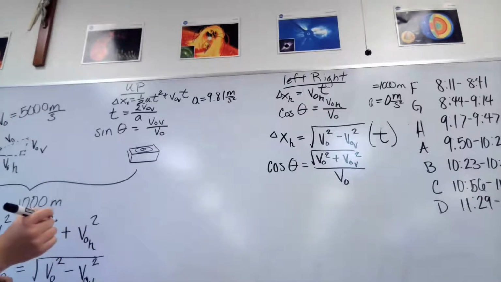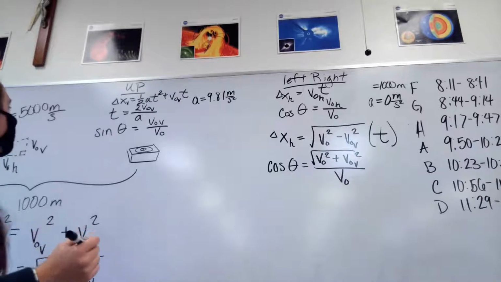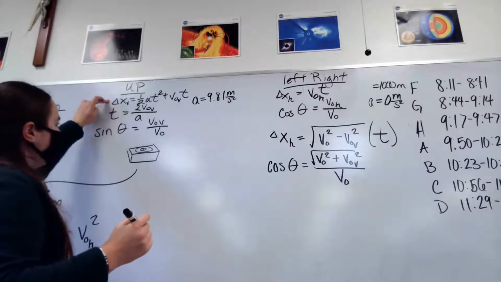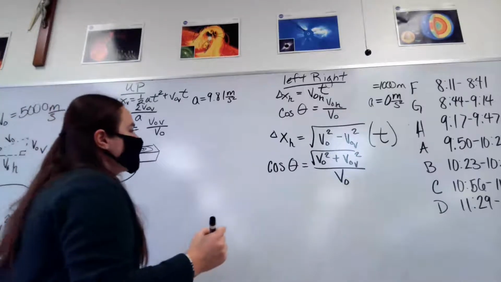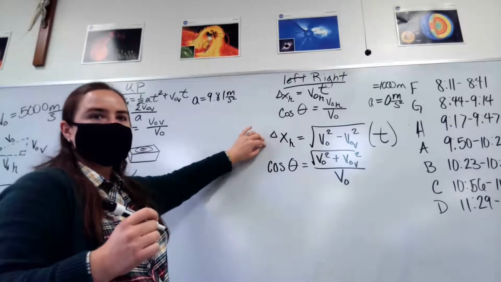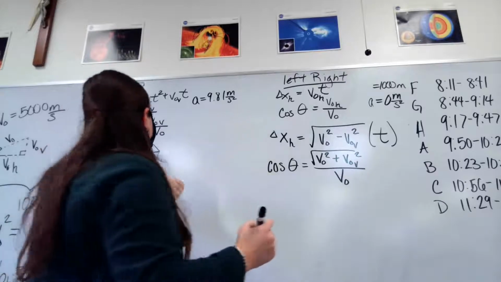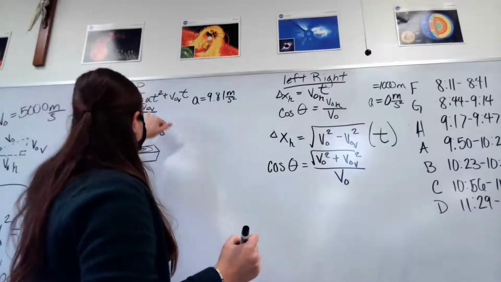Trying to figure out where I want to write this. So let's do... I don't know that we'll actually need this one. We'll see. We might not need that one. Let's put our time into this one, because this is by far our simplest one for our horizontal stuff, right? And then we should be able to actually solve for